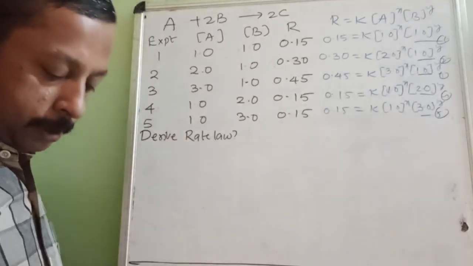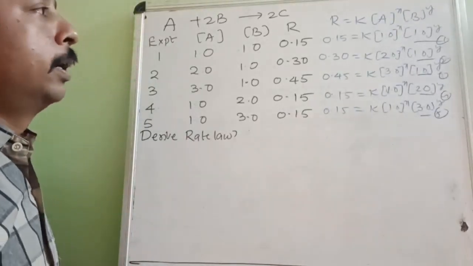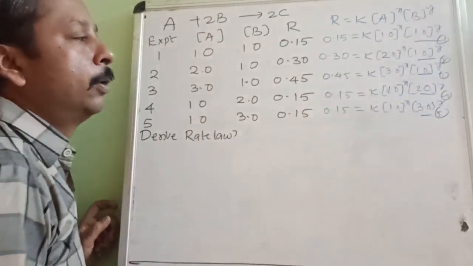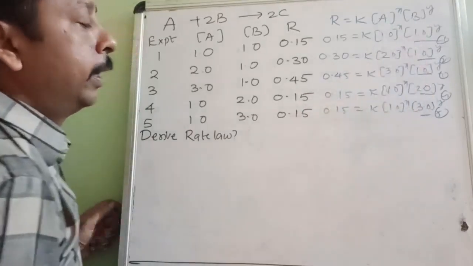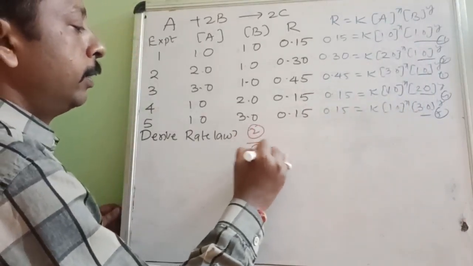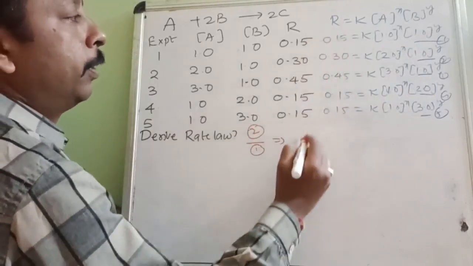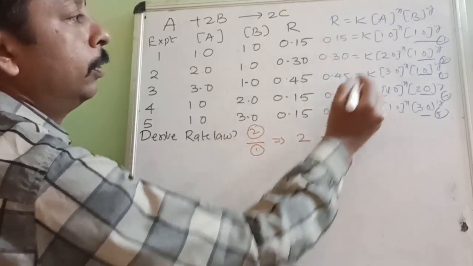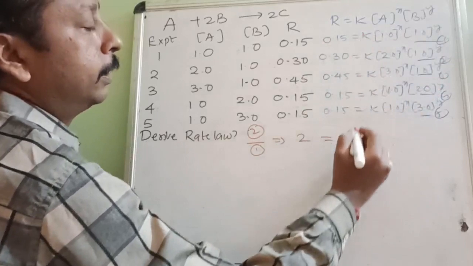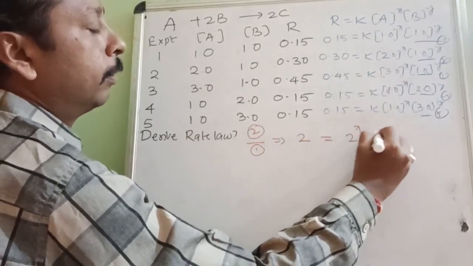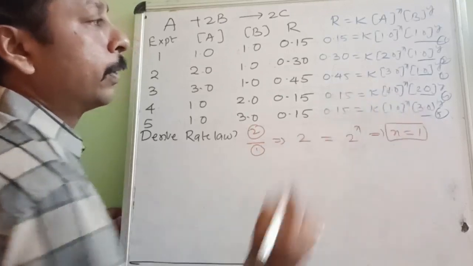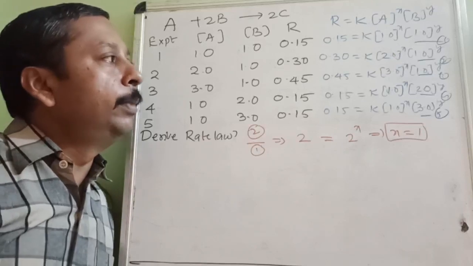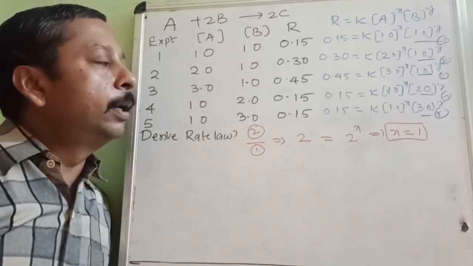Okay, suppose what I am thinking is correct. I think I will divide equation 2 by equation 1. How do I get the option? Because y and y are getting cancelled. So if I divide equation 2 by 1, this is 0.30 by 0.15. This side it is going to be 2, and this side the k gets cancelled, the y term gets cancelled, so 2 to the power of x, so x is equal to 1. Okay, now it is your choice. You should tell me which combination will be better and how it is better.